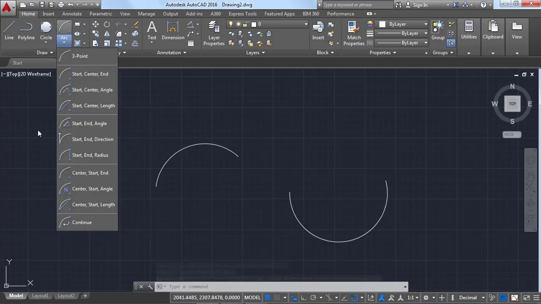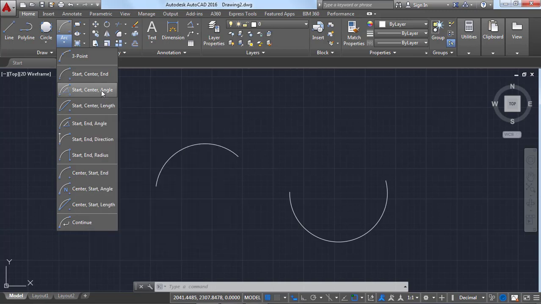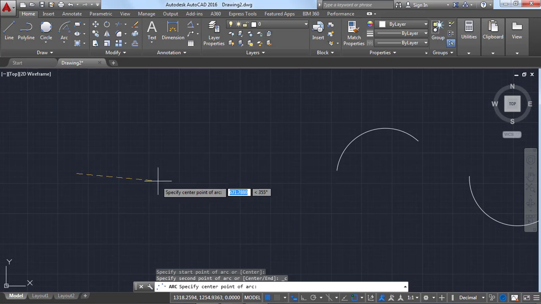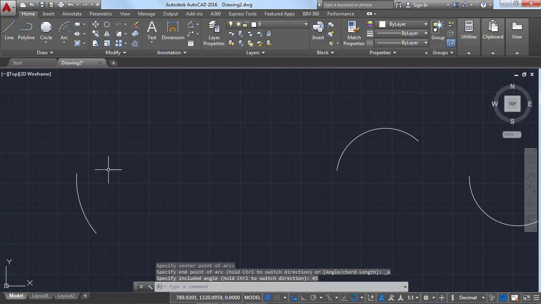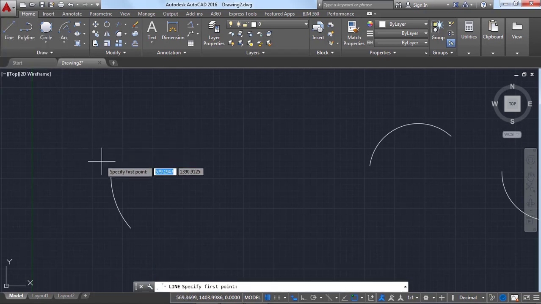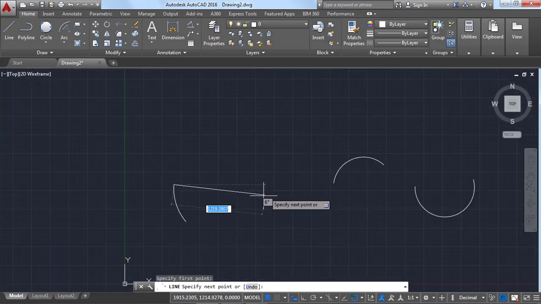After that there is another option, that is the start, center, angle. Click on that. This is my start point and this is my center point, and after that we need to give the angle. I am giving the angle as 45 degrees. Click on enter. Here the angle is nothing but, let me show you the angle. From the end point of this arc to the center point of this arc.